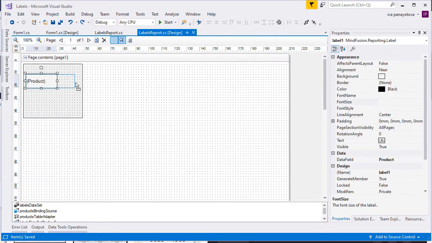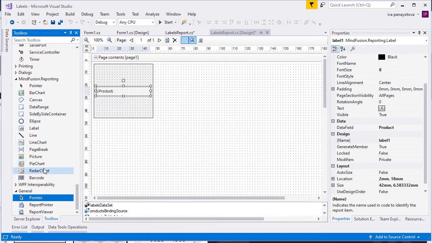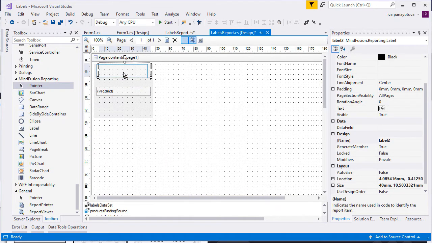We will resize now the field with the label and make the font size smaller. Then we are going to add a bigger label with the company name.